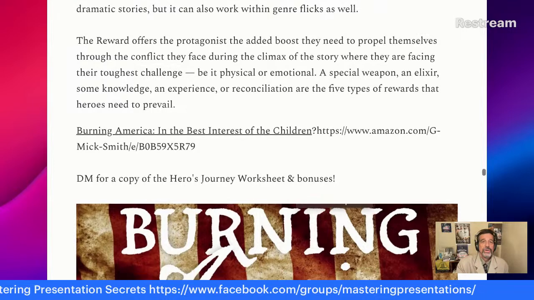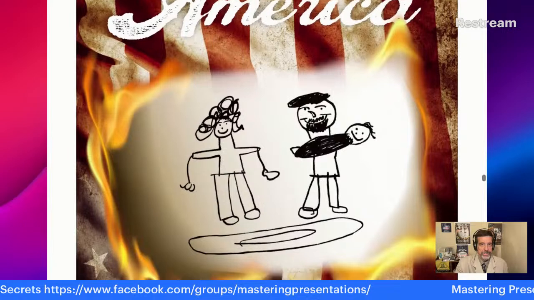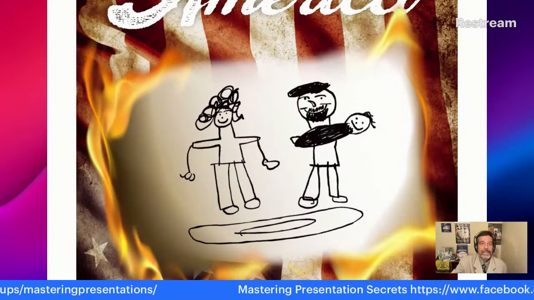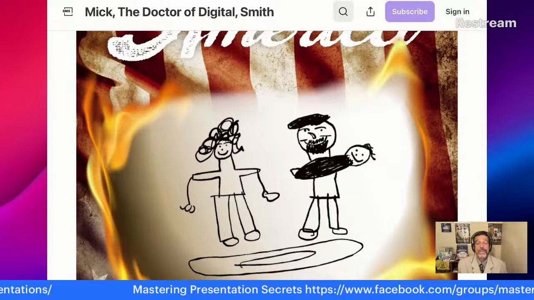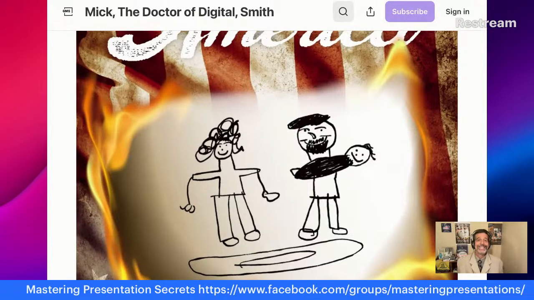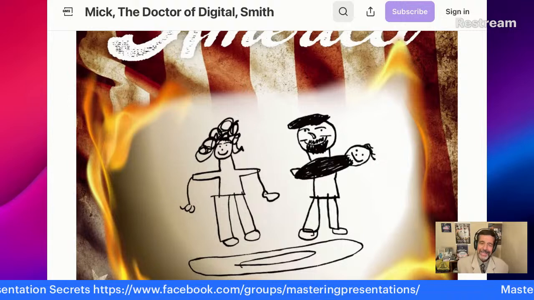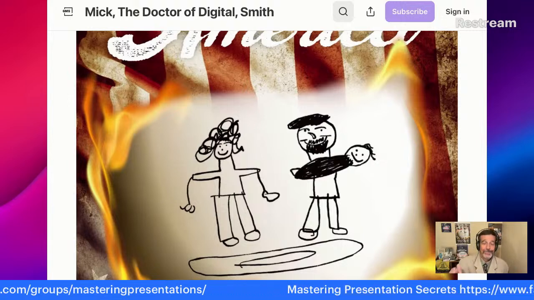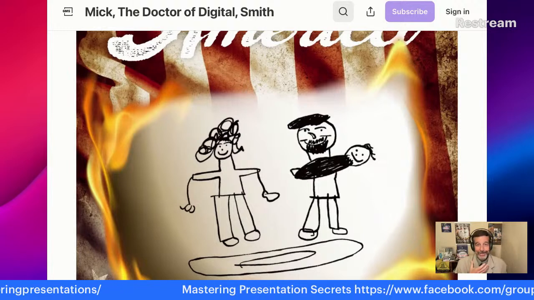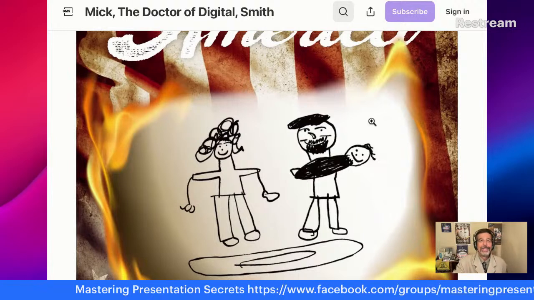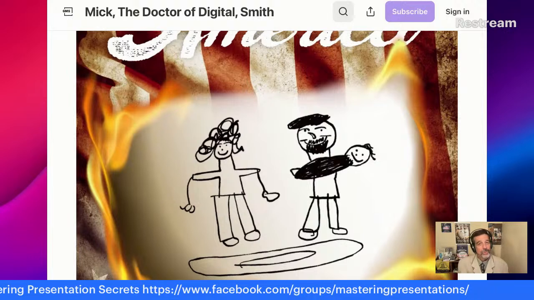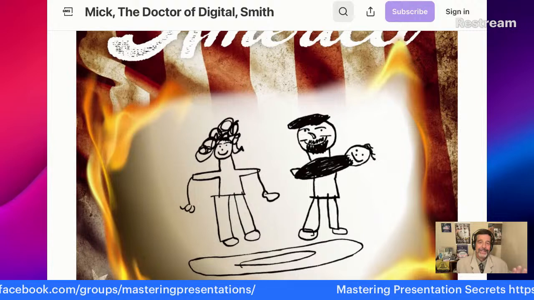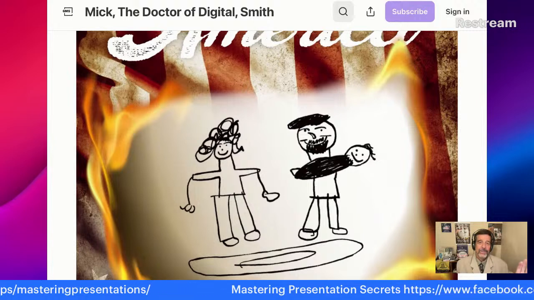So when you're thinking of the illustration that I was describing, here is the illustration on the cover of Burning America, and you can see this is the one that when the paid-off psych sees it, he actually rules against Paul. Now, I wonder which one is Paul. Obviously, it's the one on the right side because it's got a beard, and that beard is then holding the baby who is smiling, and the mom stands distractedly and abstractly off to the side.